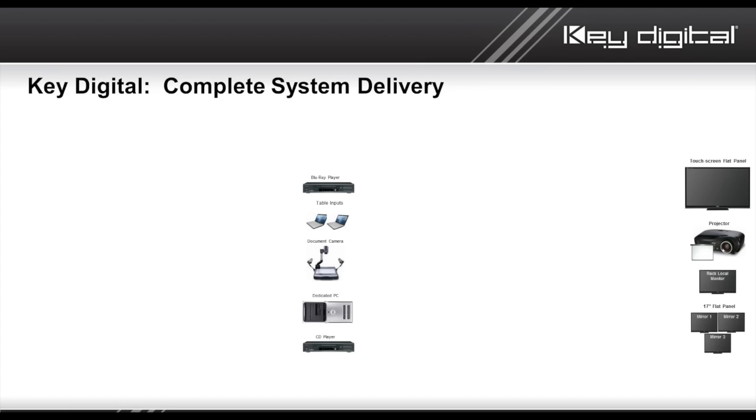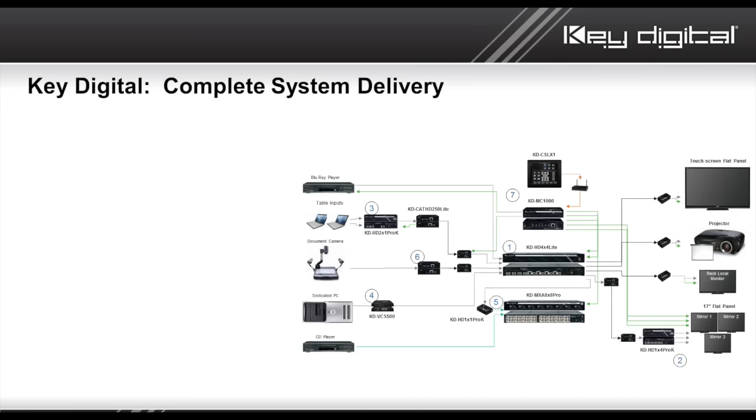In this room we'd like to have a projector. In this room we want to have a big television, etc., etc. And it's up to you to deliver that full system behind the scenes. And this is where KeyDigital has always lived. Not something that typically is in the eye of the end user, of course, with exception to our compass control system now for